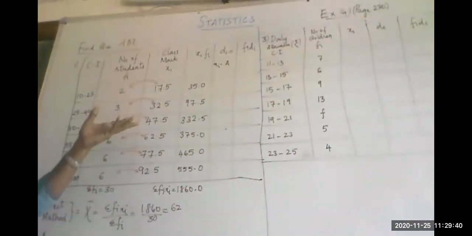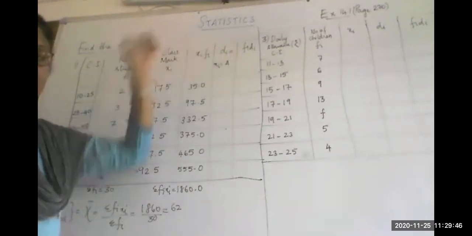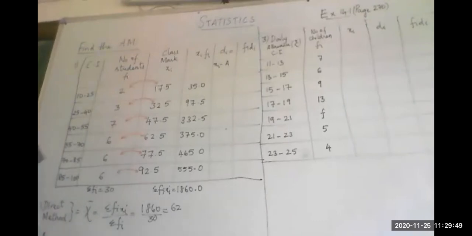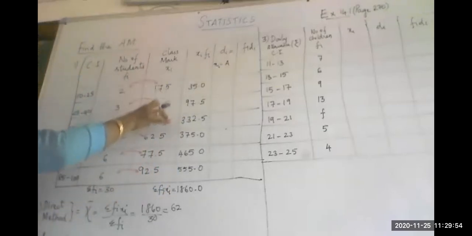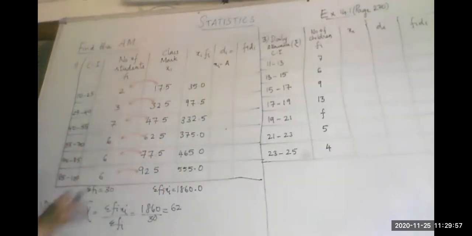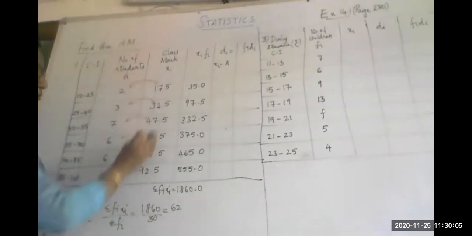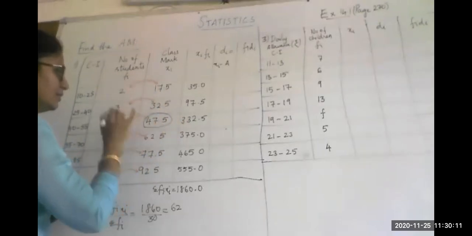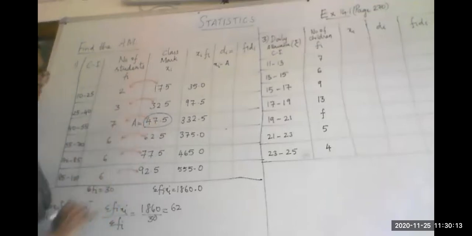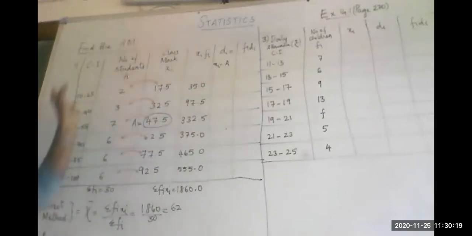Now, the second method. I need another column, which is called the deviations, di. First you have to understand what this deviation is. To get the deviation of the class marks, we are going to deviate from the class marks. These are the class marks I have for this distribution. One of the values of the class marks, I am going to assume as the mean itself. You can select somewhere the central, middlemost value. In these values, this seems to be the center. So it will be circled and written as assumed mean. I am assuming that 47.5 is the mean of this given distribution.